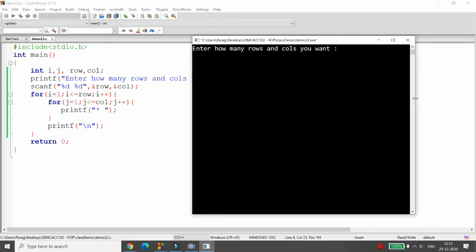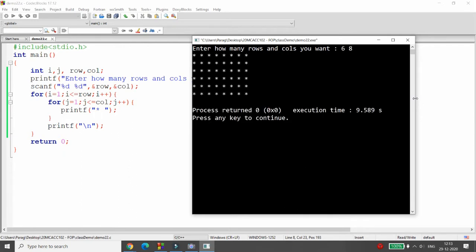Suppose I say that I want 6 rows and 8 columns. Now you will be able to easily calculate that there are 6 rows: 1, 2, 3, 4, 5 and 6. And there are 8 columns: 1, 2, 3, 4, 5, 6, 7 and 8. So it is very easy to draw a matrix type, a square type, that is, you can say a square of